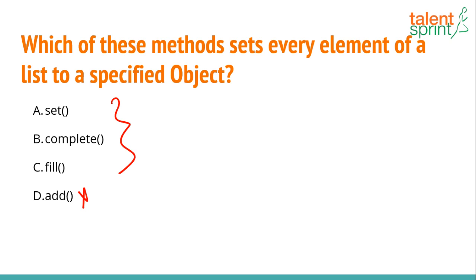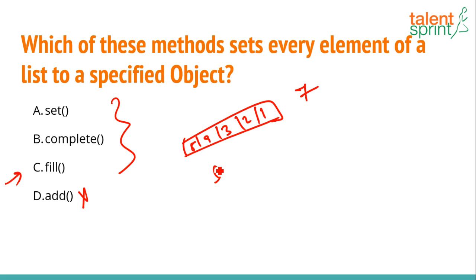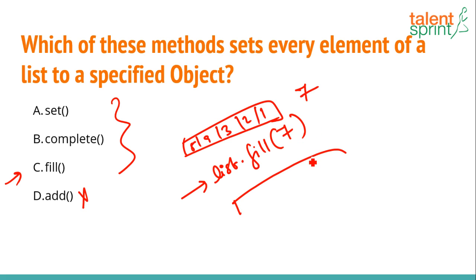Okay, so let me give you the right one. Fill is the right answer. So anytime you have a list with different values, let's say 5, 9, 3, 2, 1, and you want to remove all these values and just store 7 in all the places, you simply say list dot fill and you give the value that you want to replace all these values with. Once you run this, all these values will be replaced by 7. Alright,